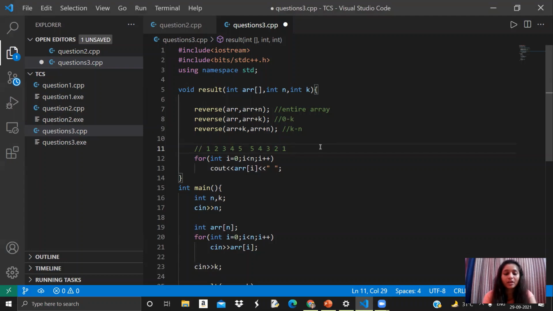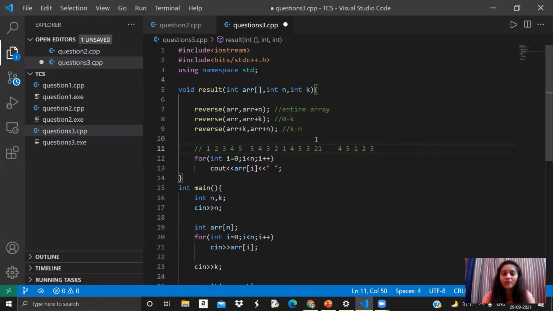Then 4 and 5 will get reversed, and it will be 4, 5, 3, 2, 1. And after that, reverse the array from k to n. So I have reversed 4 and 5, and then I'm reversing k to n. Then it will become 1, 2, 3. Right, 1, 2, 3. So this was the desired output.